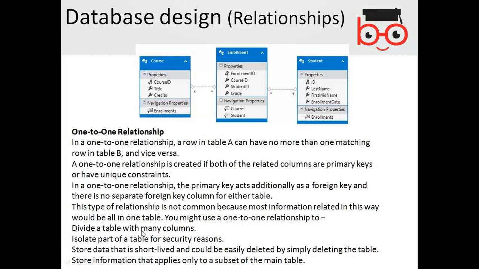Divide a table with many columns. If you wanted to divide a particular table in columns, let's say the ID and the name of the student has a one-to-one relationship. Name of the student or ID has a date of birth. That is basically the one-to-one relationship, but within the table.